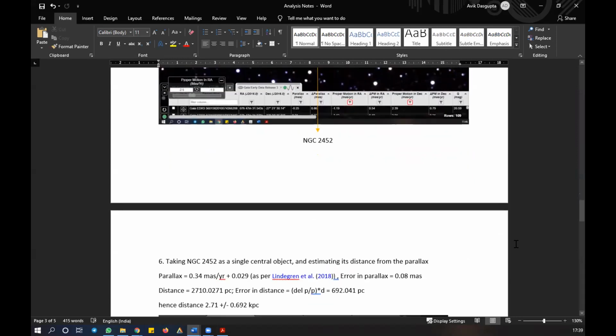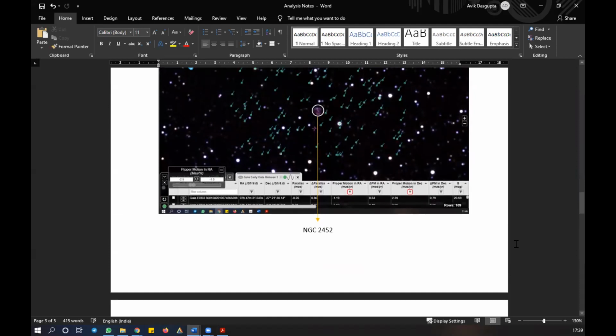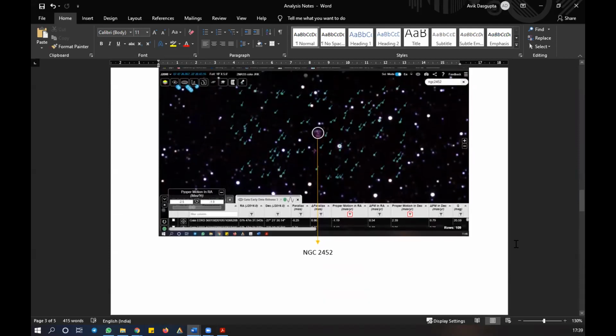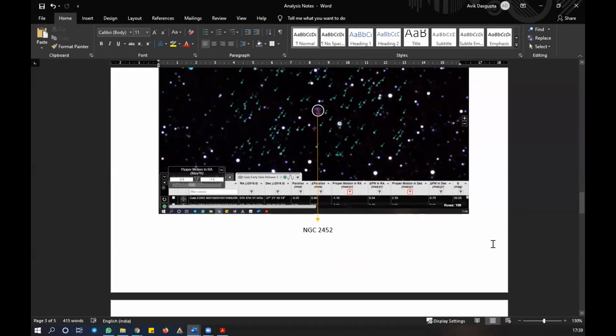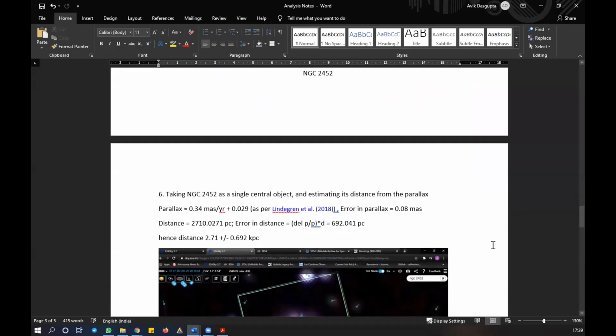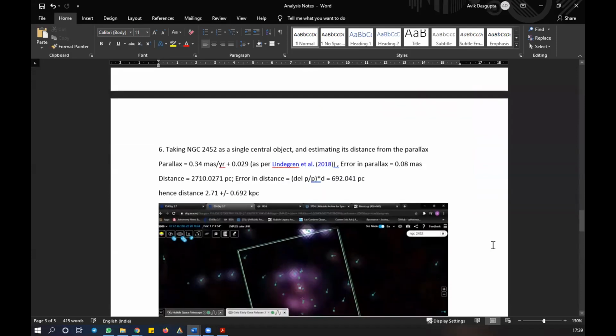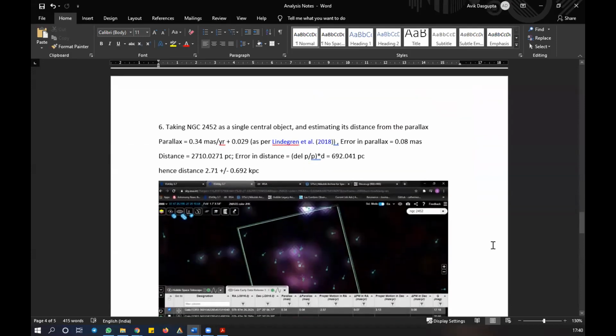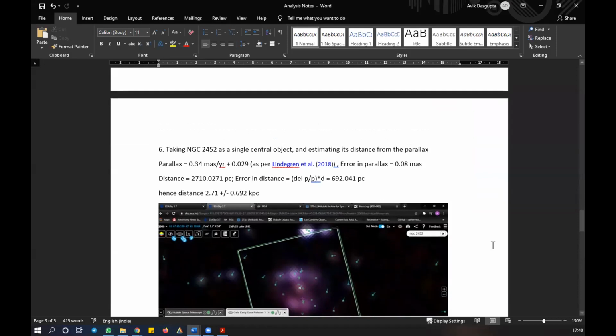Yeah. So the one question which I had lingering. So should I consider the NGC 2452 as a single object, or is it an extended object? It is an extended object. You have to take it as an extended object which has a certain size. What you are seeing is you're seeing it in optical. That's why if you change the wavelength, it will look bigger also.